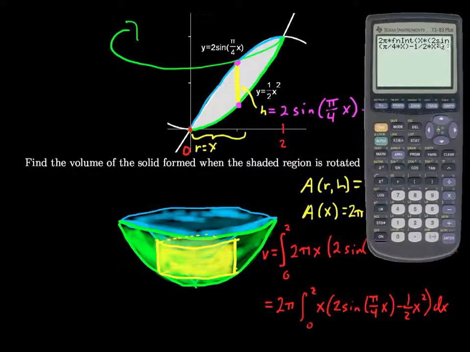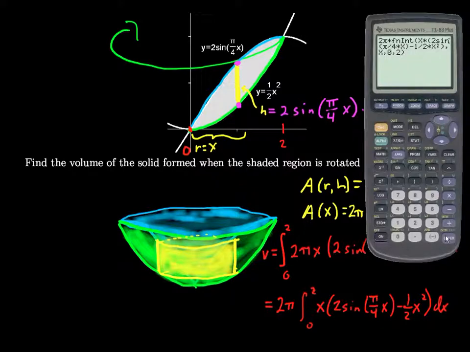Okay, make sure that's right: 2 sine of pi over 4 x minus 1/2 x squared, closing off that parenthesis. Okay, comma, x, as x goes from 0 to 2,